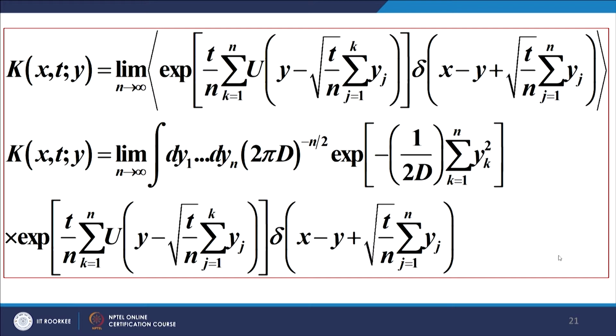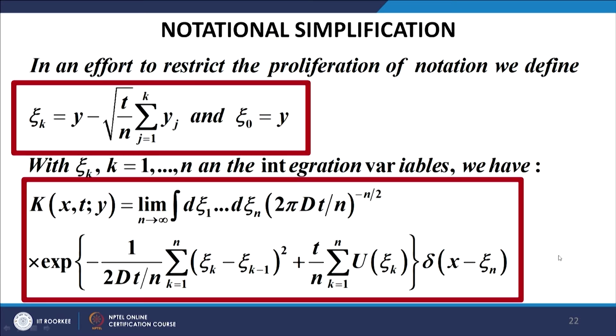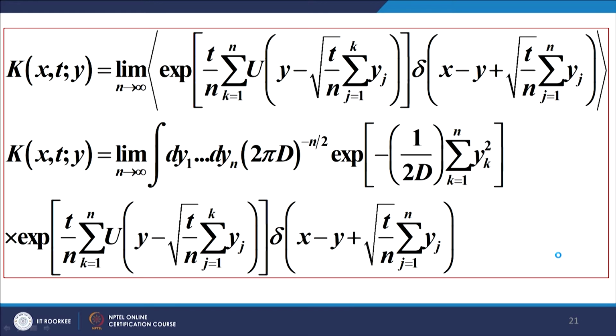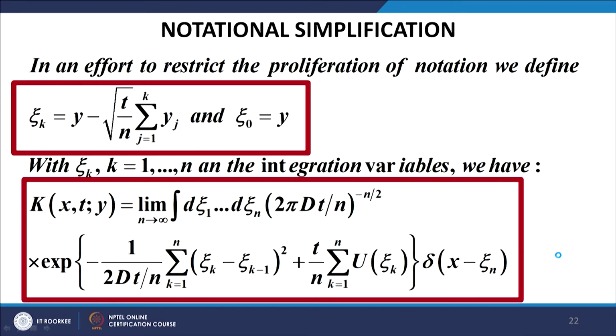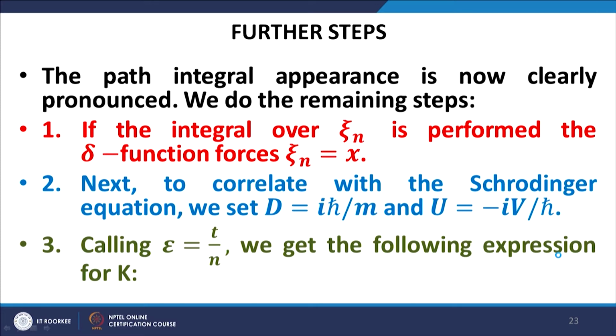This mere substitution, nothing else. Now, we make a bit of notational simplification. Let us simplify the notation a bit to reduce the proliferation of notations. What we do is we make these small substitutions in order that the notation becomes more compact, and clearly when you put these substitutions here you get the expression that is there in this dark red box at the bottom of the slide. Now, we are literally through.